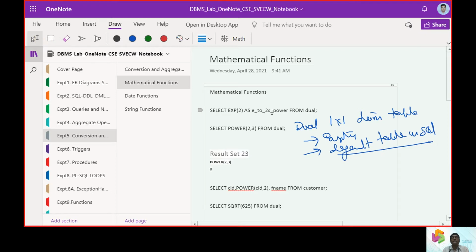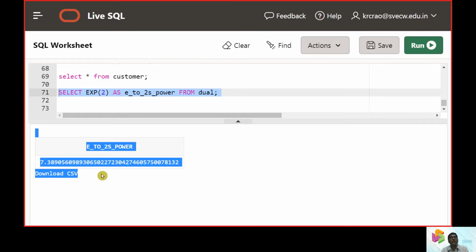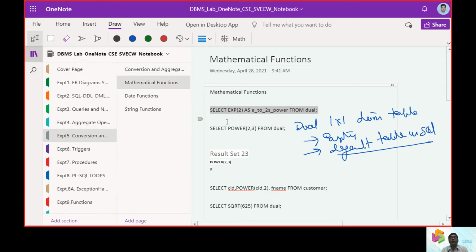Now let us check the exponential part. We will say exponent, and see how it is printed. Exponent of 2, so we got this as 7.38 odd.